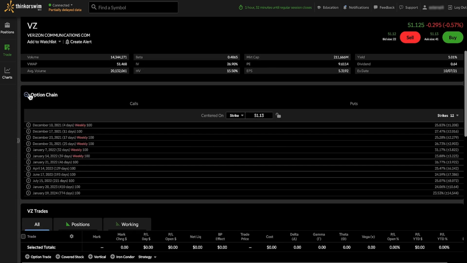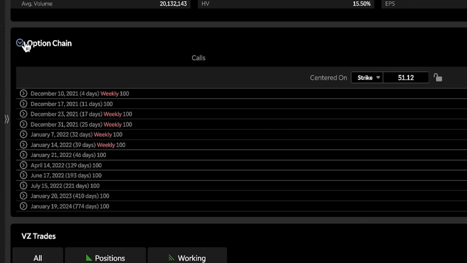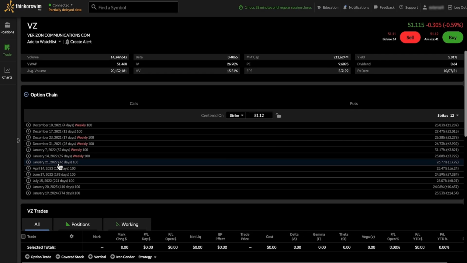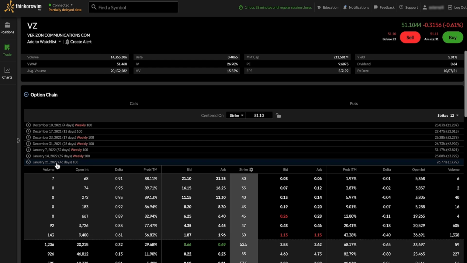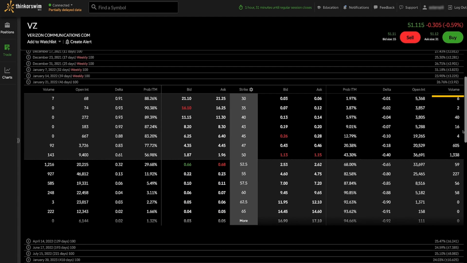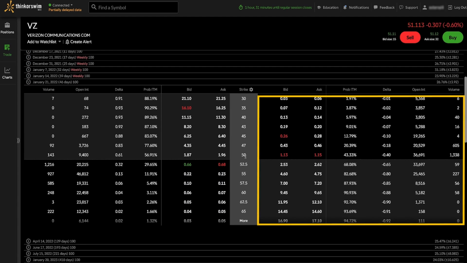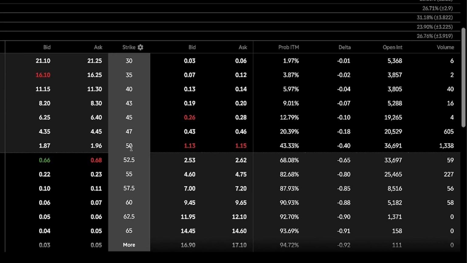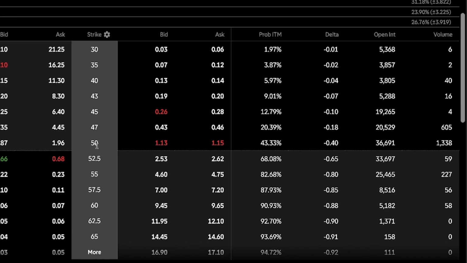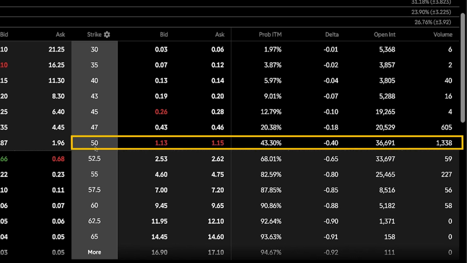Like with the long call, I'm looking for plenty of time to expiration. So we'll do the January expiration here, which has 46 days remaining. Hopefully, that will let us take advantage of the projected price move and get out, while avoiding the worst of time decay. Now, let's look at the strikes. This time, we're working on the right side of the panel. Again, we're looking for something at the money to balance costs with probability. For this example, we'll do the 50 strike.